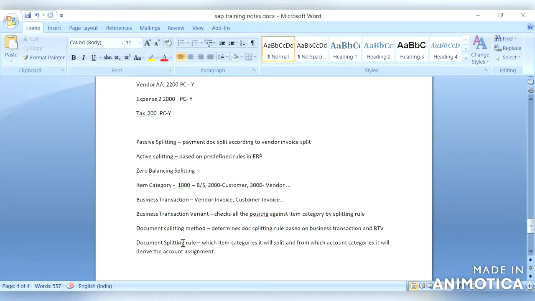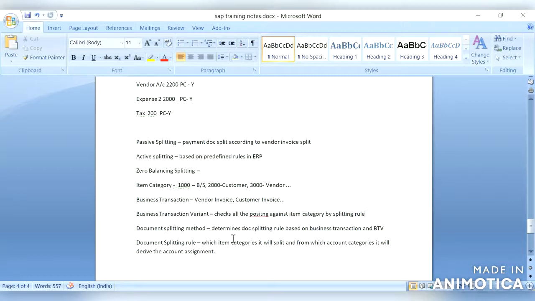So what is document splitting method? It determines the document splitting rule based on business transaction and business transaction variant. So what is document splitting rule? Which item categories it will split, and from which account categories it will derive the account assignment.